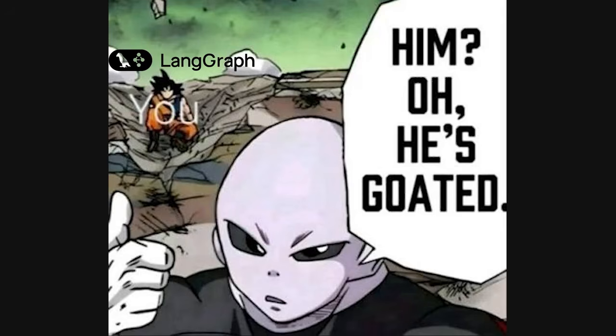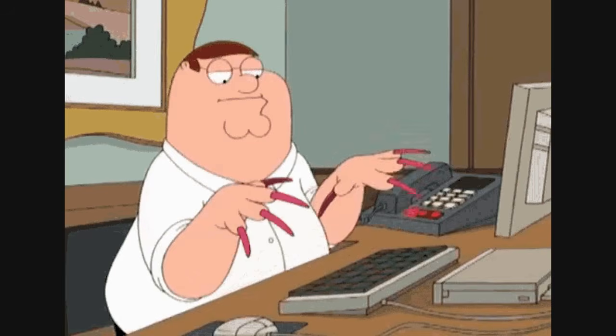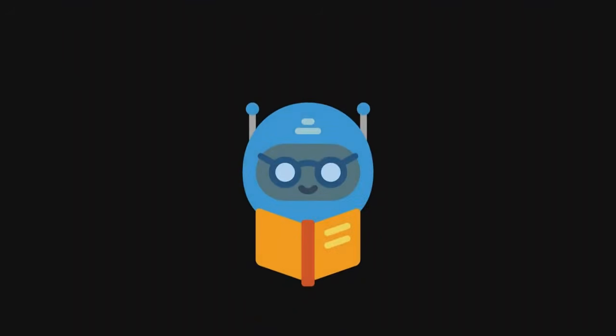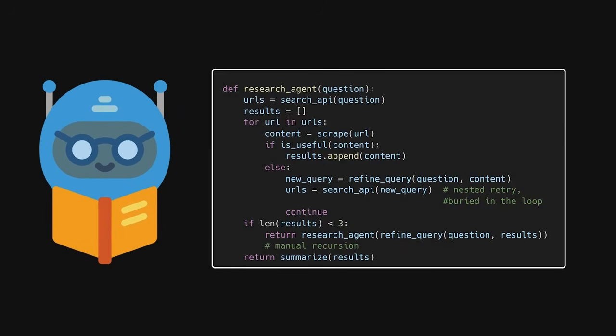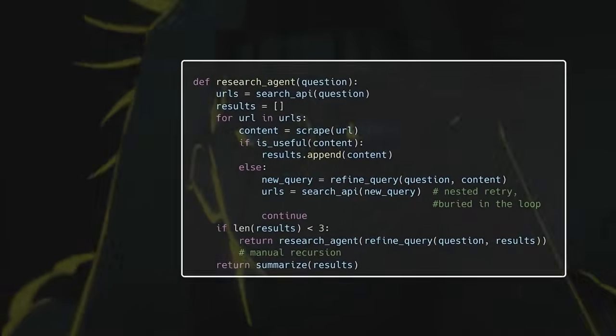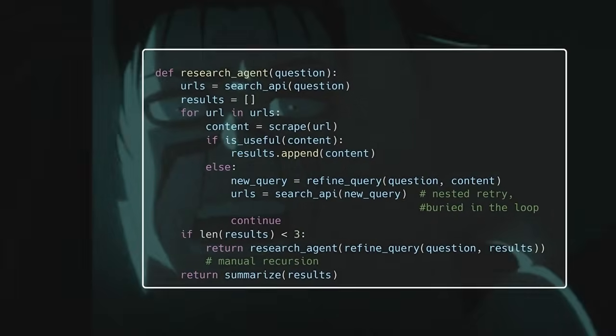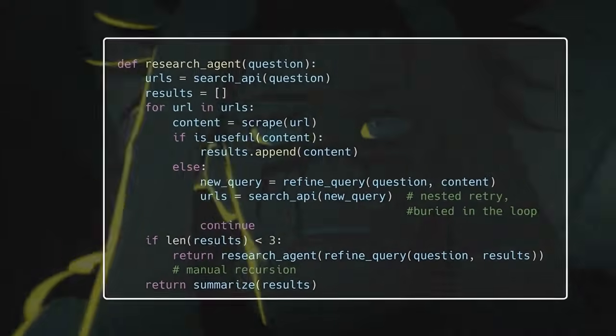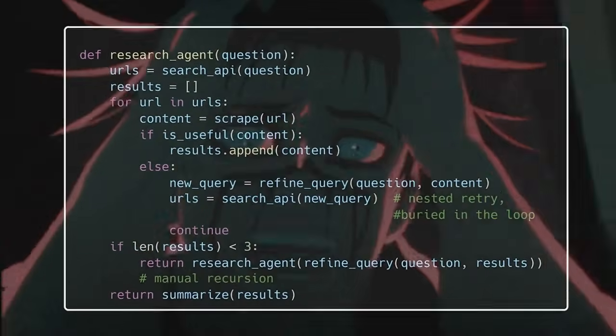And to understand why LangGraph is such a big deal, let me show you the way you'd build stuff without LangGraph at all. Say you're building a research agent, something that takes a question, searches the web, reads through the results, and gives you an answer. The traditional way to write a script is like this one. You start by calling a search API, then get back a list of URLs, loop through each one, scrape the page, check if the content is useful and not some misinformation campaign or clickbait, and if it is, you write another branch of logic to try a different query. Every one of those decisions, retry this, skip that, stop here, becomes another if statement nested inside the last one. And 6 months later, nobody, including you, wants to touch that abomination.